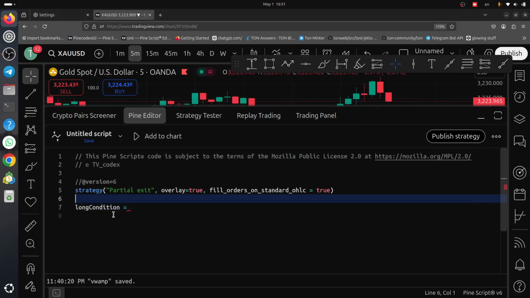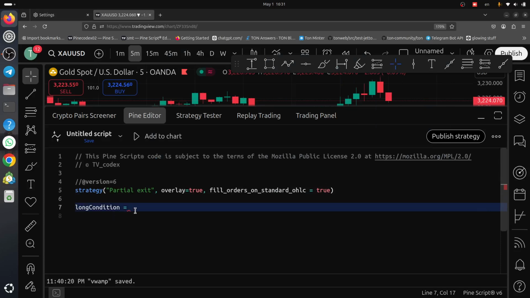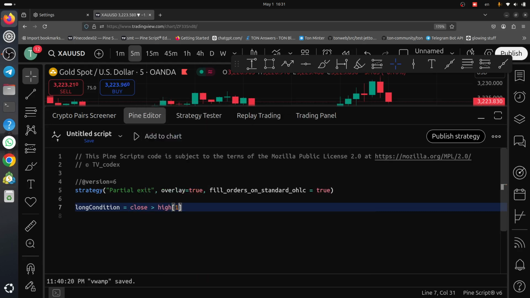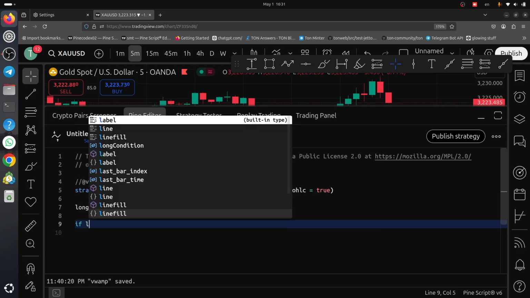Hi, in this tutorial we want to have several exits. Okay, so a line condition can be, for example, if close is higher than previous high. So if line condition